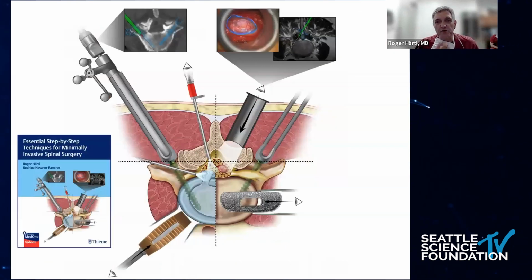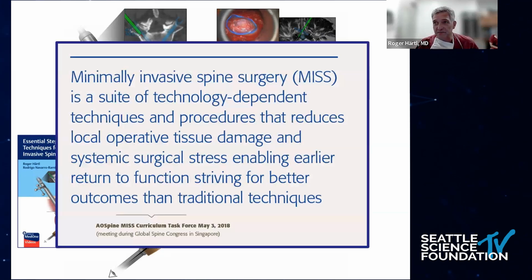This is a cartoon that we put together for this recent publication. Some of the faculty are actually co-authors, and this busy cartoon tries to summarize all or most of the things that we do in MIS surgery. And you can see just by looking at this busy slide that there are lots of opportunities for complications. And I'll try to address some of these, certainly the ones that I think are probably the more concerning ones and that maybe happen more frequently. And I think where there is opportunity and there are strategies in place to address them early on or totally avoid them or fix them.